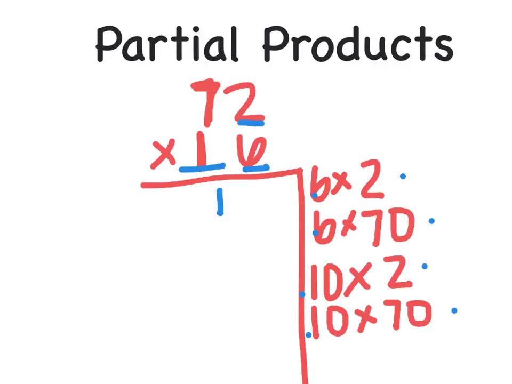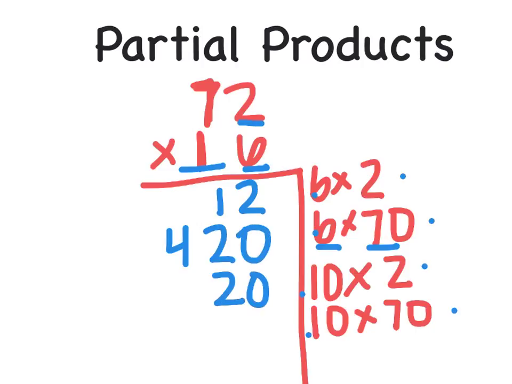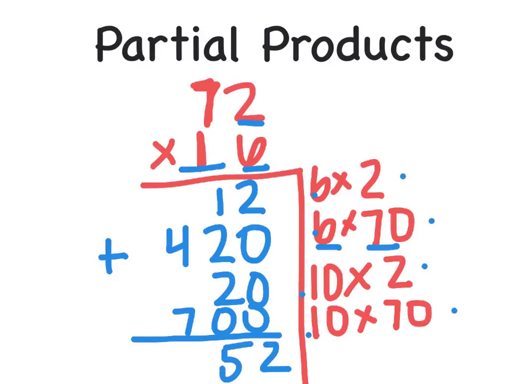2 times 6 is 12. 6 times 7 is 42 with a 0 at the end. 10 times 2 is 20. And 10 times 70 is 700. Now I add these up as my final step. I'll get 2 in the ones place. 2 plus 2 plus 1 is 5. And 4 plus 7 is 11. So again, I still get the same answer of